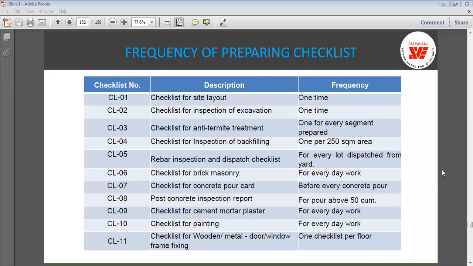Then checklist for cement mortar plaster, checklist for painting, checklist for wooden and metal window frame fixing, one checklist per floor.